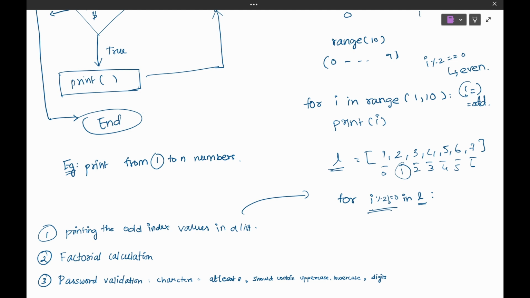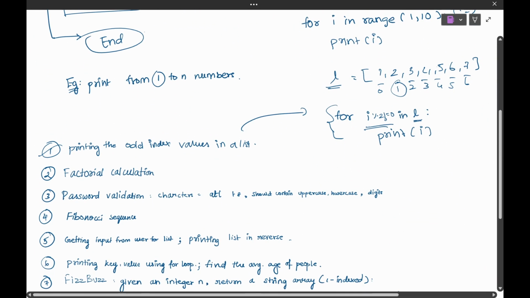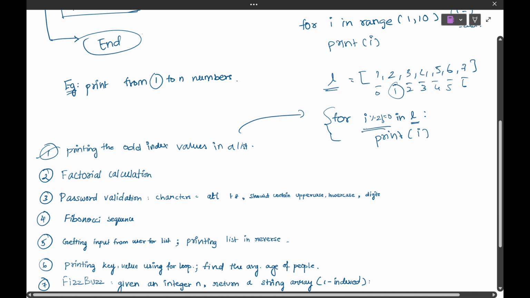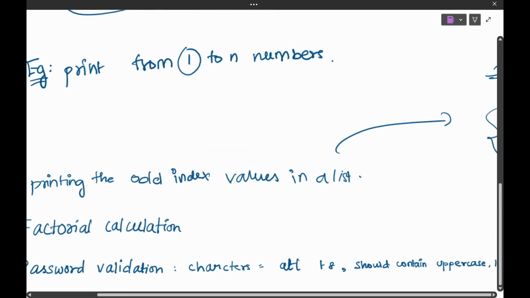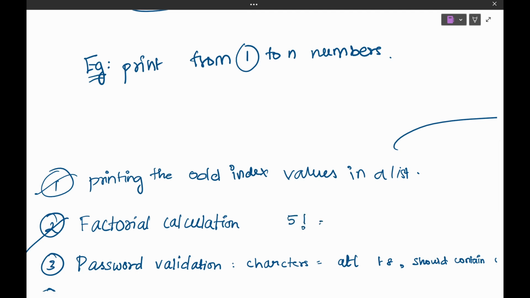So the for loop condition goes like this and our print statement follows it. So print of I. So this will give us... Moving on to the factorial calculation. A factorial is nothing but repetitive multiplication of a sequence of numbers. Say if I want to print 5 factorial, it is going to be 1 into 2 into 3 into 4 into 5,